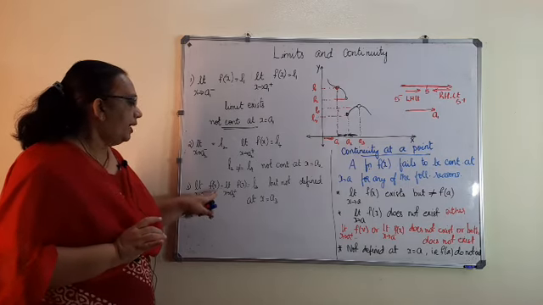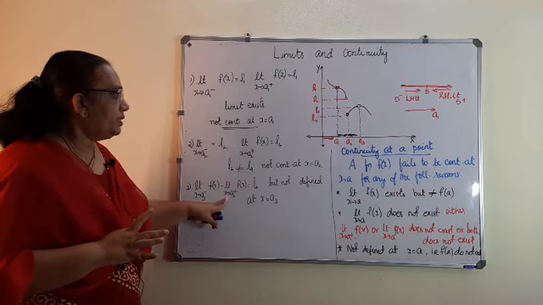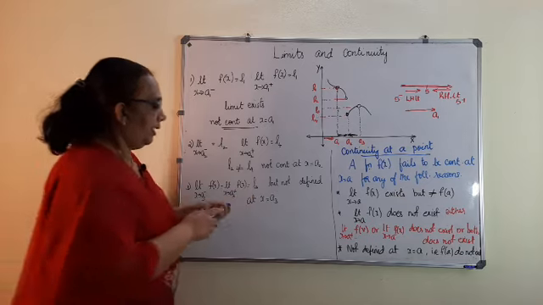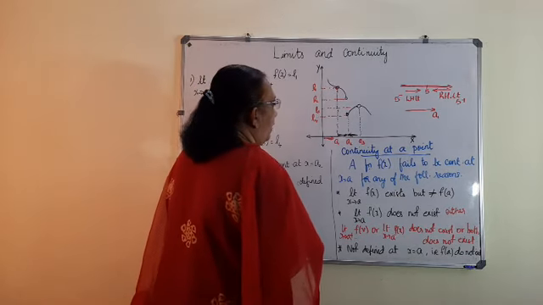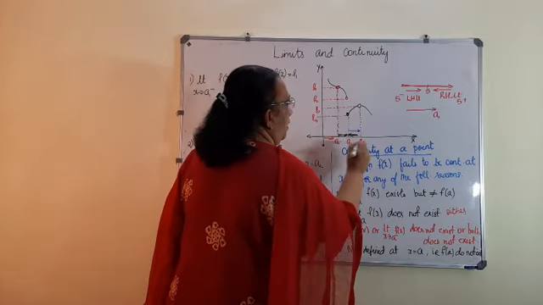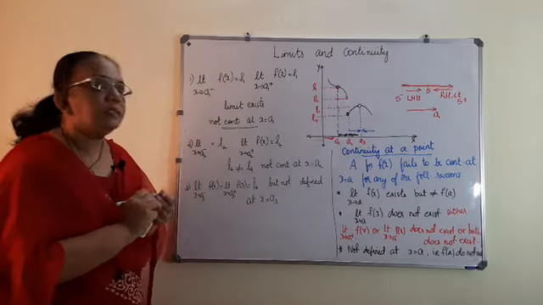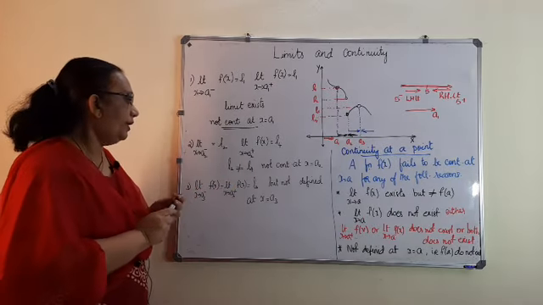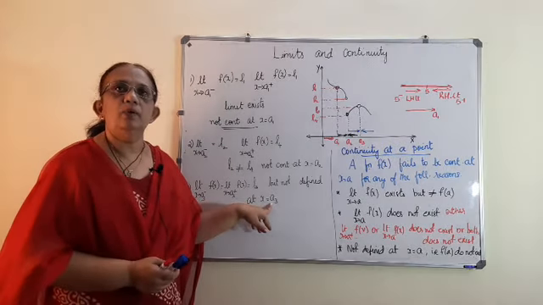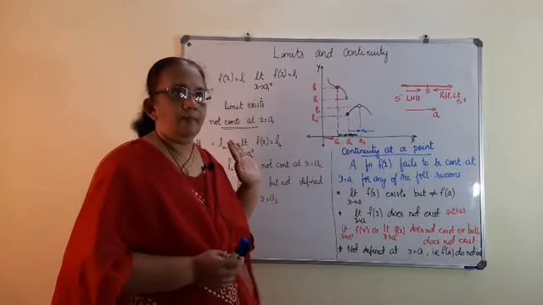Now, when you consider the third case, that is limit of x tending to A3 minus f of x, you can observe from the figure, is equal to limit of x tending to A3 plus f of x is equal to L3. That is, when you consider A3 from the left limit and from the right limit, it is equal to L3. But still it is not continuous at the point, because it is not defined at the point x is equal to A3.